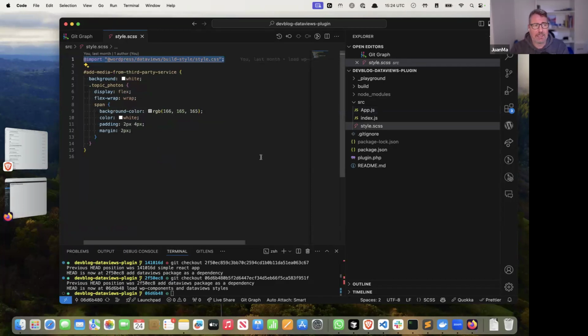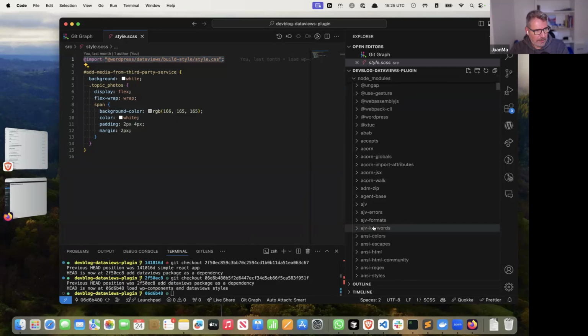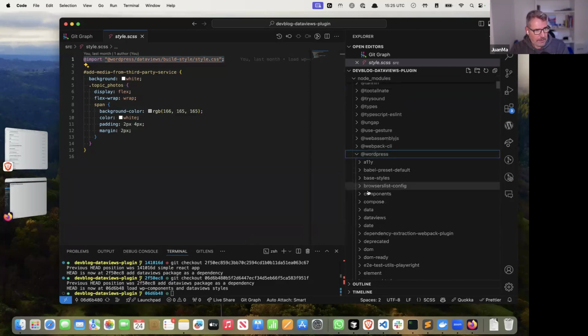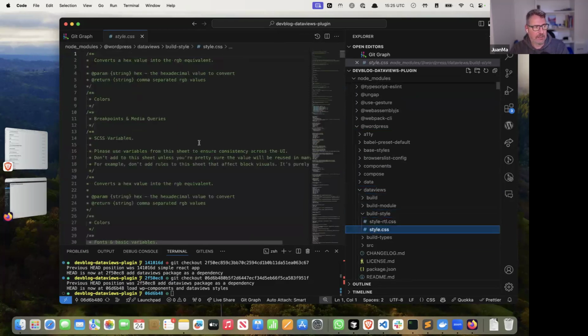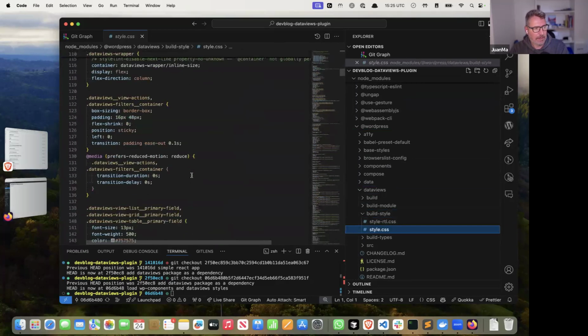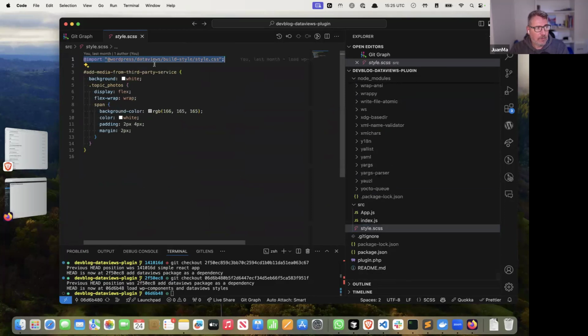When we have installed the package, we actually installed a folder here in Node modules, and under WordPress, we should have here a DataViews, and here in build style, we have here the styles of the DataViews. So what we can do is import directly from here,